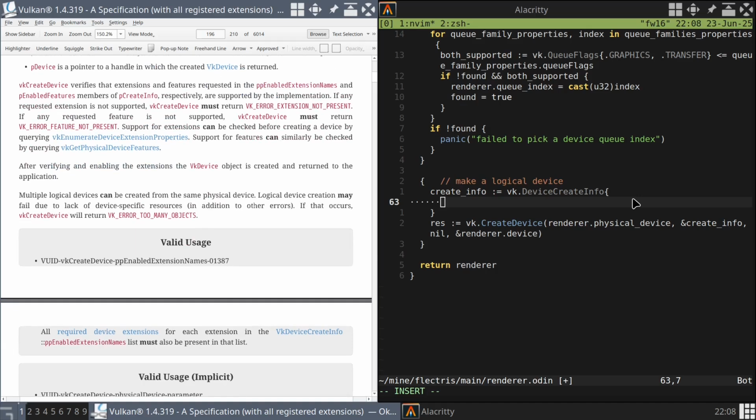VK create device verifies that extensions and features requested in the enabled extension names and enabled features members of the create info are supported by the implementation. If any requested extension is not supported, it must return error extension not present. If any requested feature is not supported,